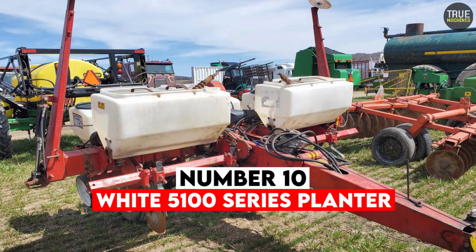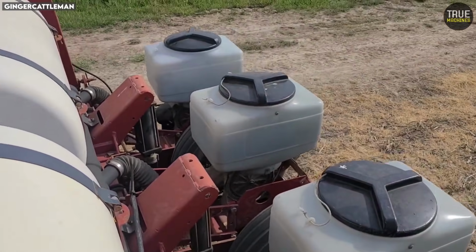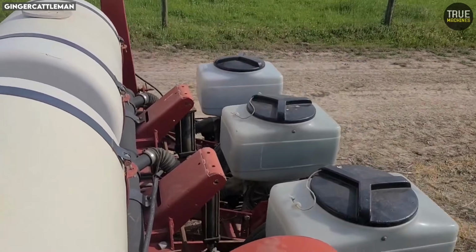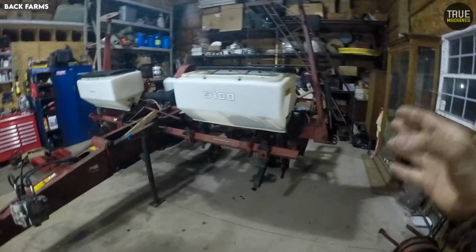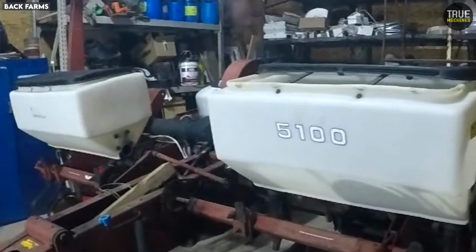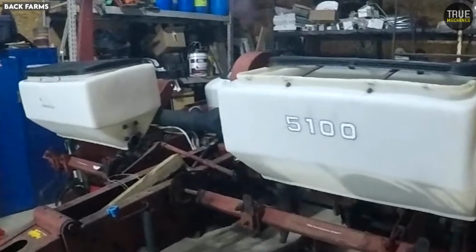White 5100 Series Planter. Starting our countdown at number 10 is the White 5100 Series Planter, a machine that represented the evolution of Oliver's legendary planting technology under the White banner. Produced in the early to mid-1980s, the 5100 combined proven mechanical systems with modern features to create a planter that's